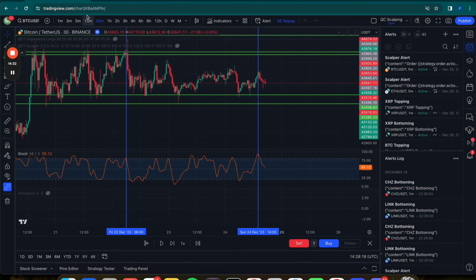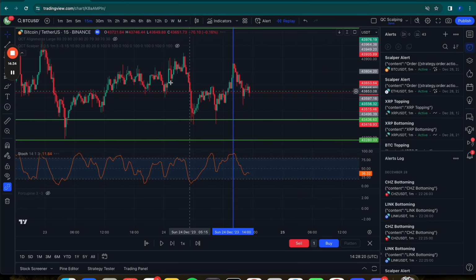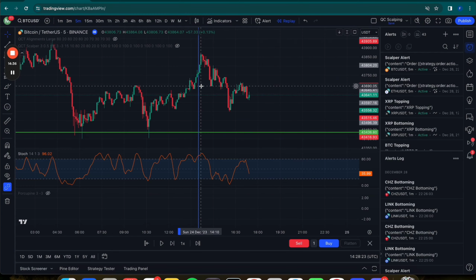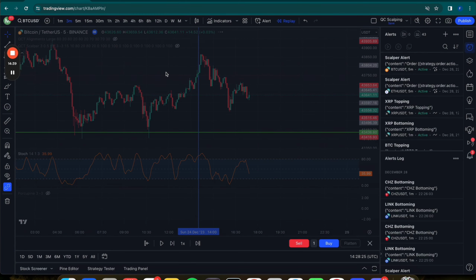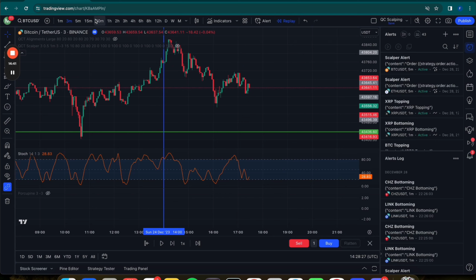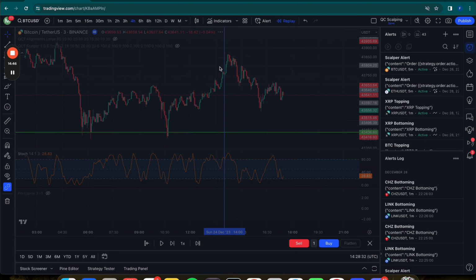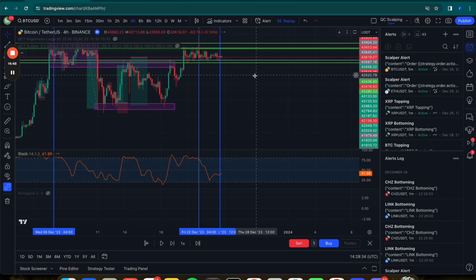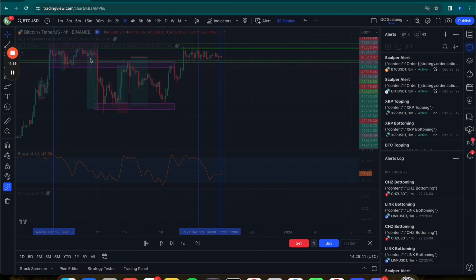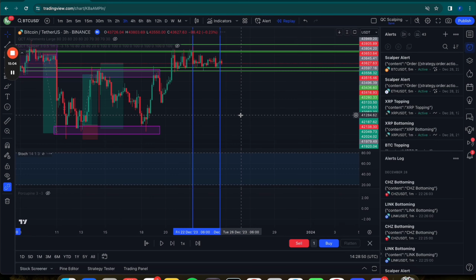So the 30 minutes topped out. Let's go to the lower time frames. The 15 minute topped out as well. The 5 minute topped out as well. The 3 minute is topped out as well. The 1 minute is going to be topped out as well. If we go to the 4 hour, for example, the 4 hour is bottoming out, right, or going up, right? So we probably won't expect as big of a move as before, because our lower time frames are just somehow choppy. However, on the higher time frames, the lower time frames are still aligned going down, right?